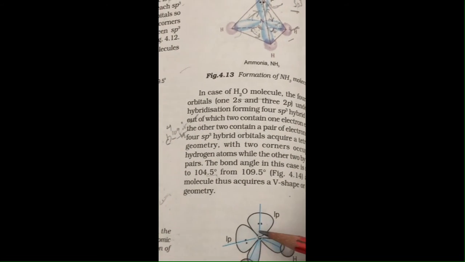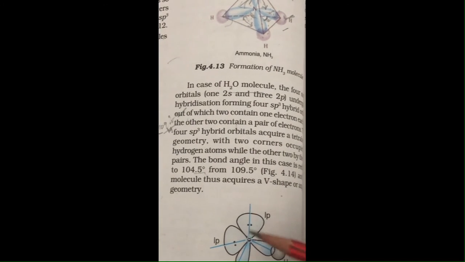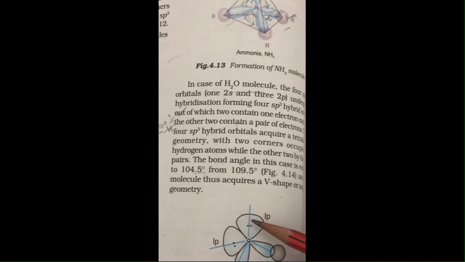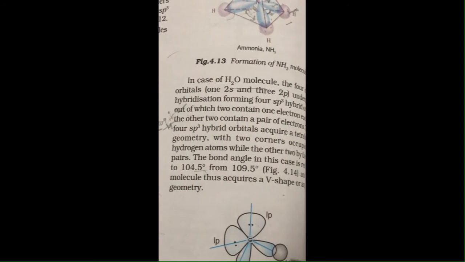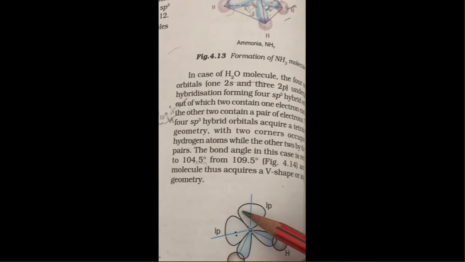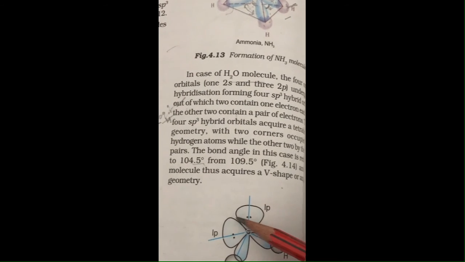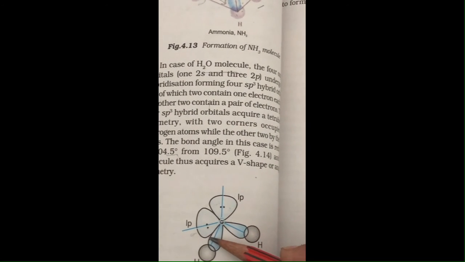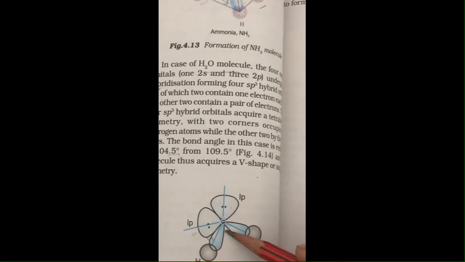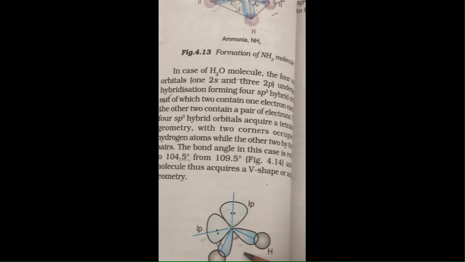In the same way you can see the example of the water molecule, in which there are two lone pairs. Because of the two lone pairs, the angle is again going to reduce to 104 degrees from 109.5 degrees. Clear? Here you can see that there is repulsion between these lone pairs, and also between these lone pairs and bond pairs, and this angle is going to reduce to 104 from 109 degrees.